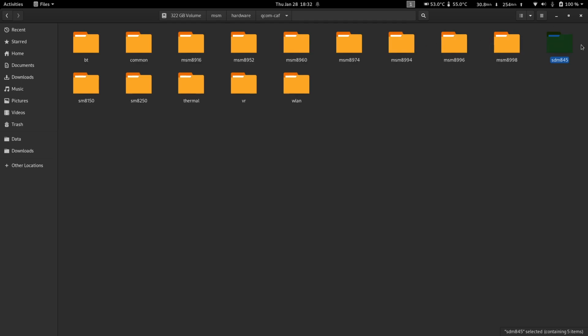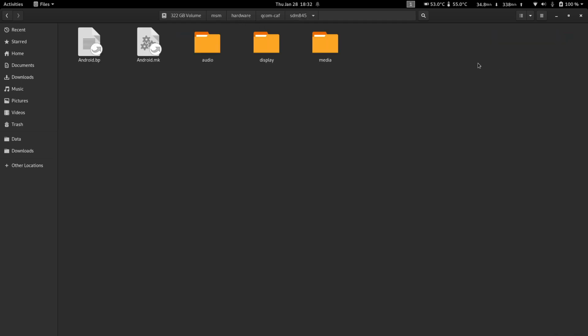And past 855, if I'm not wrong, they've again changed the naming scheme to SM8XXX. This will vary depending on the hardware you have, but the takeaway is, if there's something wrong with your display, or you're unable to change your brightness, or any display or audio related stuff, you probably have to come back here and see what's wrong.